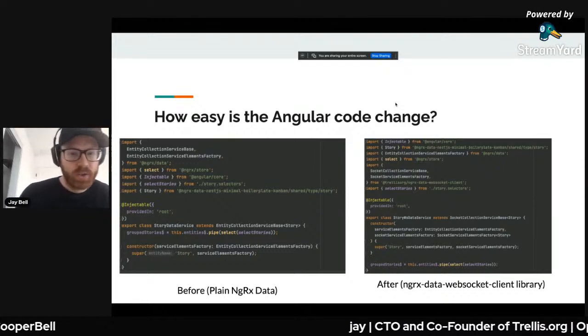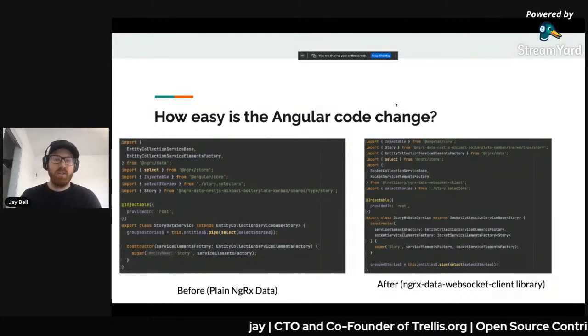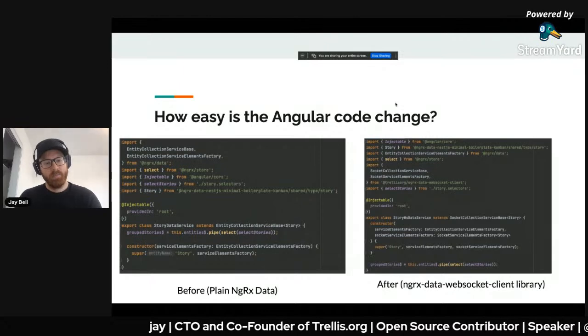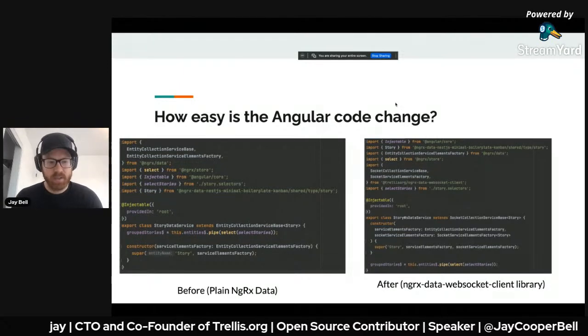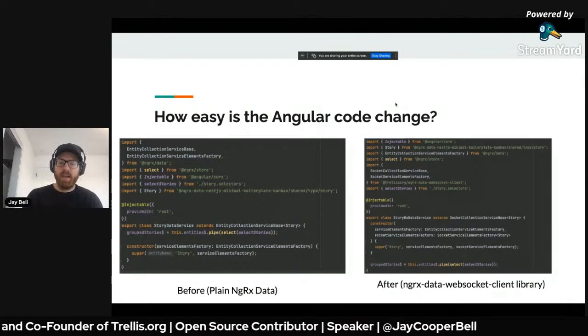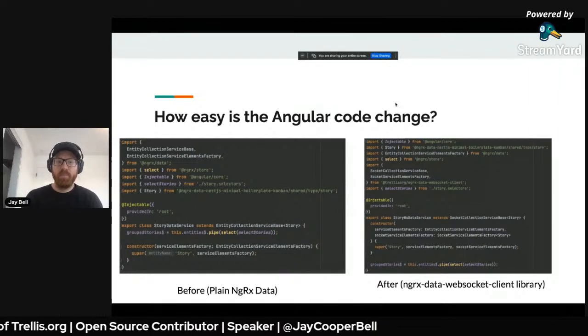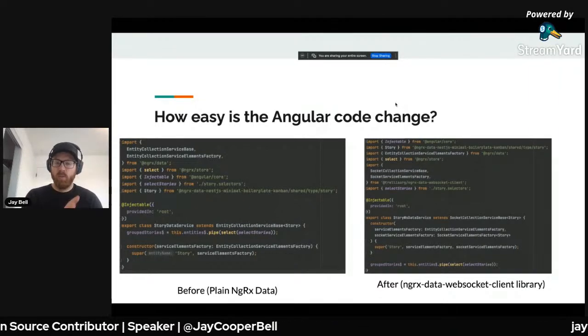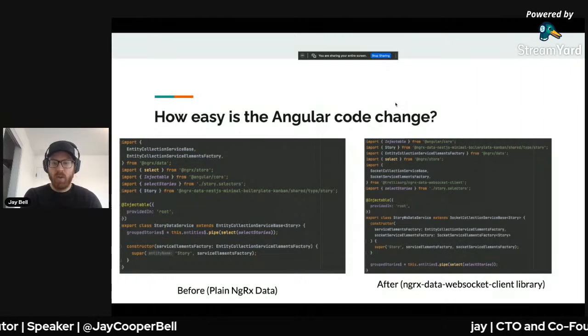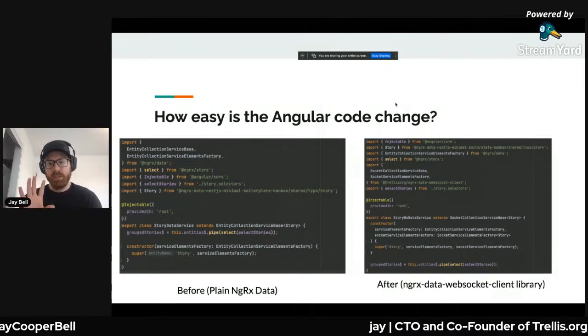So how easy is the Angular code change, right? Because you're thinking, oh, WebSockets, they can be complicated. You don't have to worry about any of that kind of stuff. On the left, what we have is our plain NgRx data service. This is what we had before, what we were just viewing. What we have on the right is the